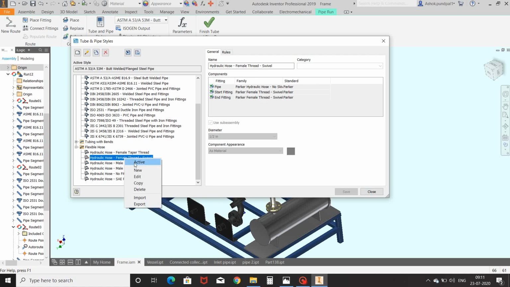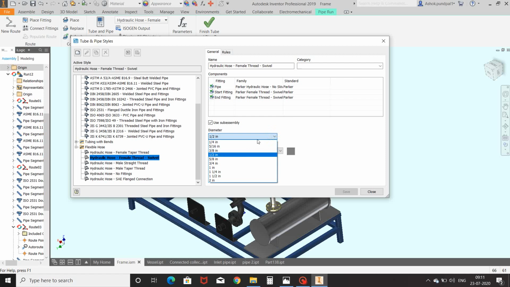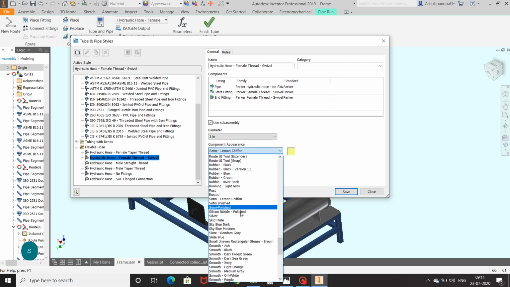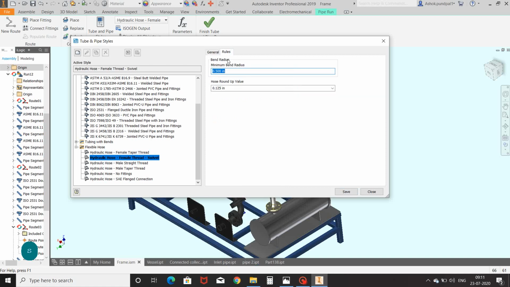Activate it and double click. I am keeping diameter as 1 inch and material SS. In rules, I have not made any changes. Save and close.